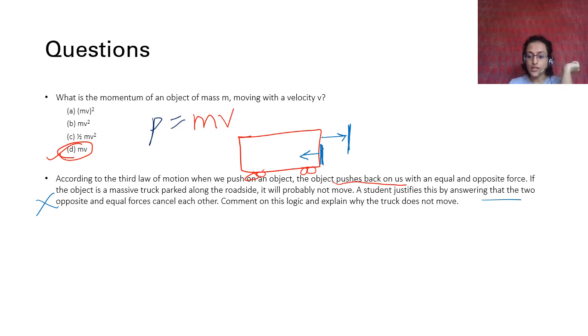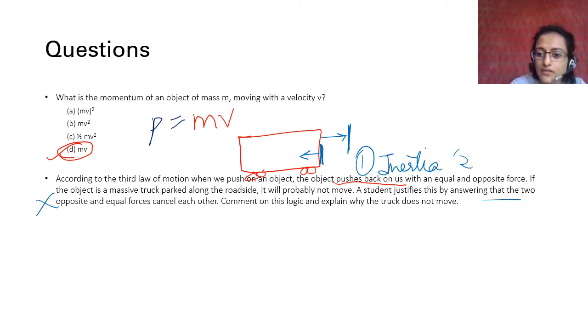अगर दो different bodies में act कर रहा है तो वो cancel नहीं होगा. Why does the truck not move? It has a very large inertia. बहुत बड़ा inertia है because बहुत बड़ा mass है. Firstly there is a huge amount of inertia because of the high amount of mass. So a small force will not move it. You have to keep giving it a certain force for a long period of time. So the first of course is inertia.